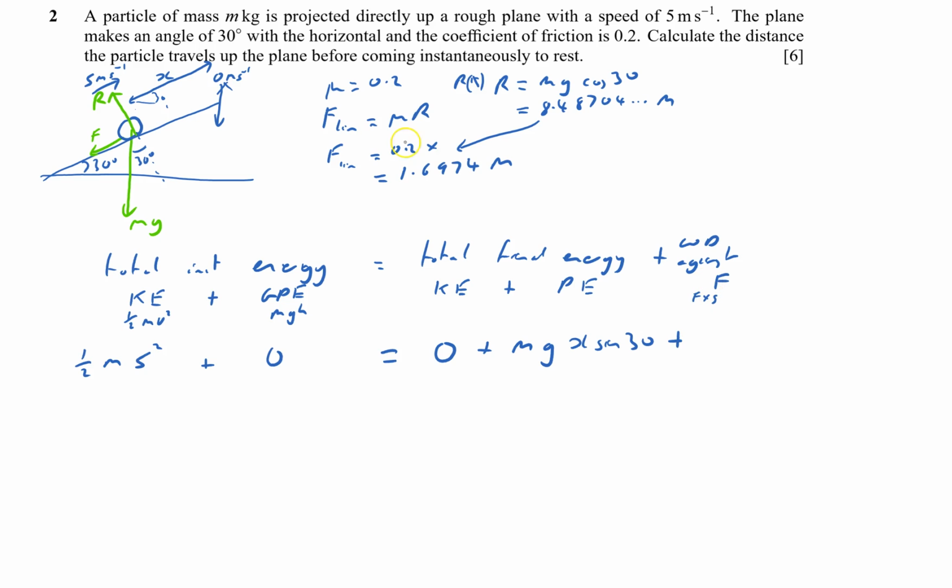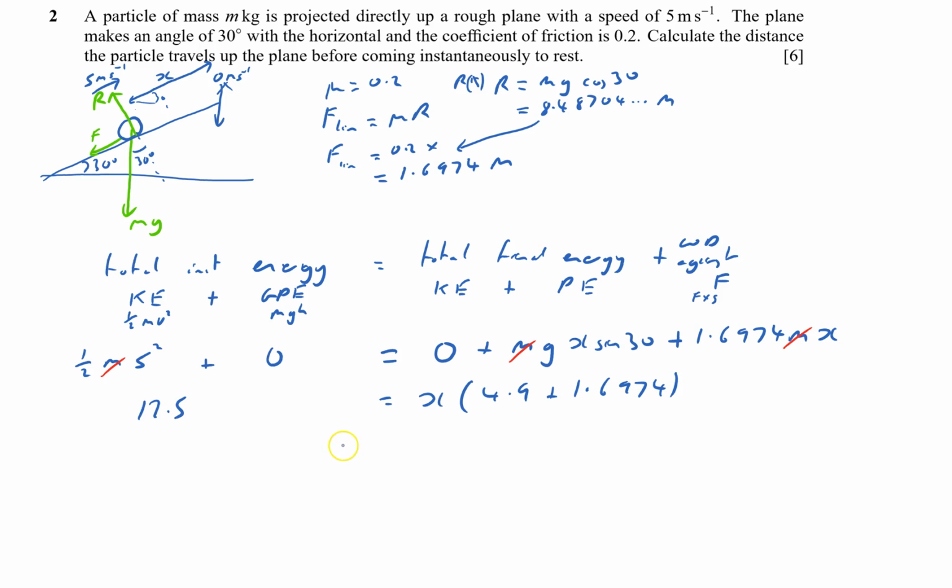So the work done, we just worked out, was mu times R, or 0.2 times R. R is 8.48 m. So we just worked out what friction is, so that's 1.6974 m times the distance, which is x. And the m's cancel out, which is good, because they don't tell me the mass, they normally will cancel out. And that'll give me half of 25, which is 12.5, equals, both have got x going in here, so x times 9.8 times sine 30 will be 4.9 plus